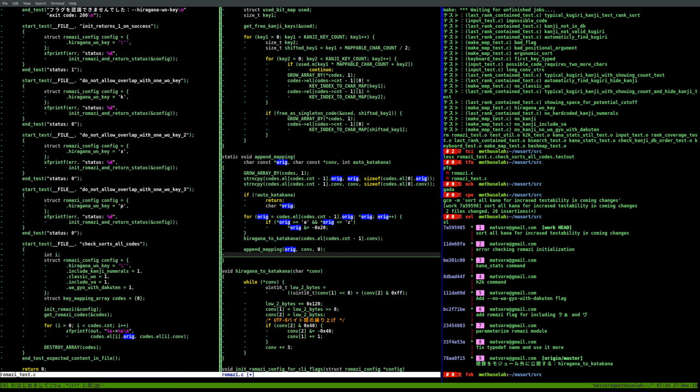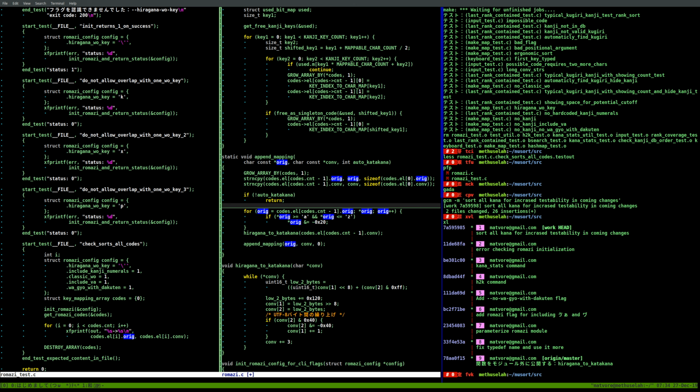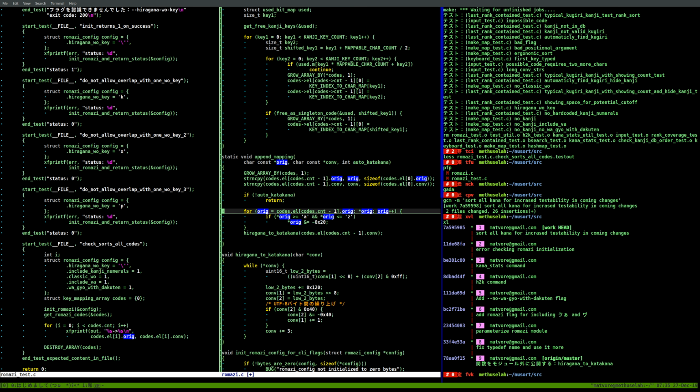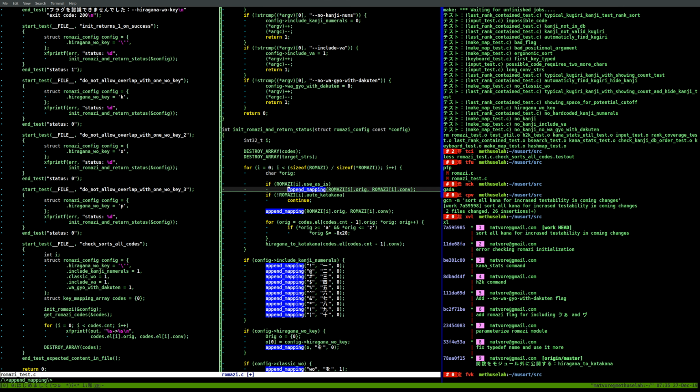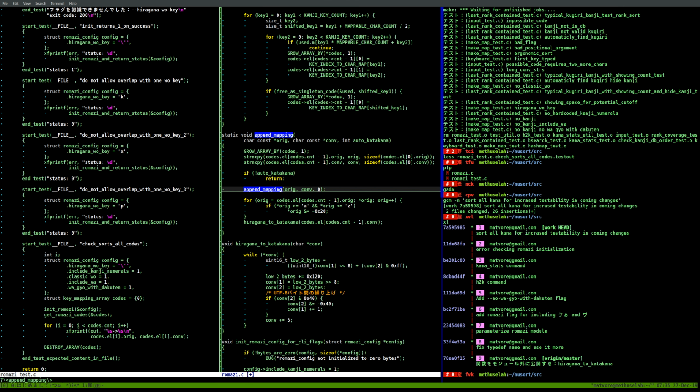So we're going to call ourselves, but without appending it automatically. So then we say if auto katakana, then we return. We're done. Otherwise, we add this. Otherwise. Okay, so the purpose of append mapping here is to just grow ourselves and create something that we can convert